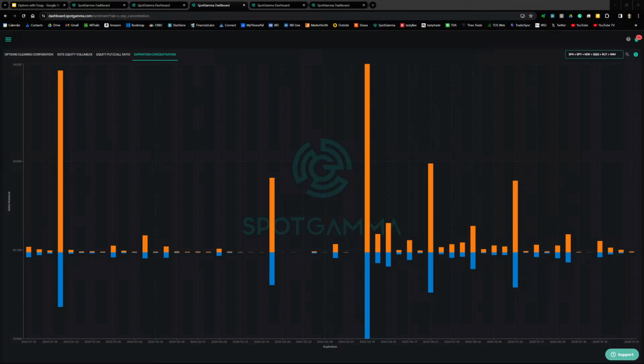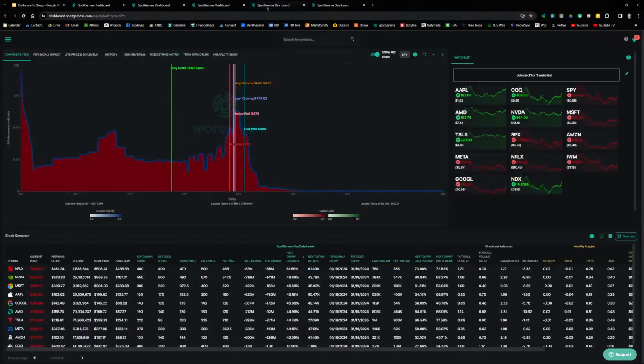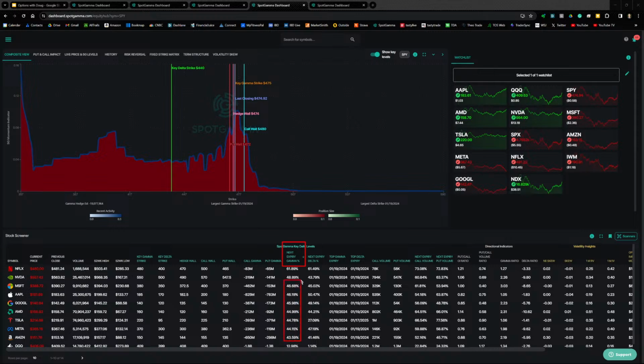And the mechanics for that, let's take a look at one other thing. This is Equity Hub in SpotGamma. I have ranked my watch list by next expiry gamma percent. So this is all showing, for these stocks, a very large amount of gamma expiring on Friday, and as that gamma expires, that in a call